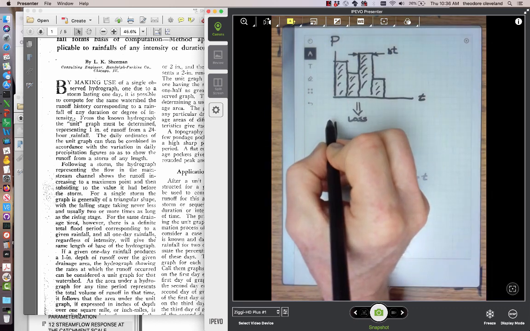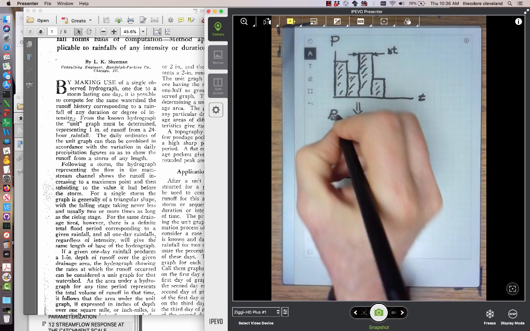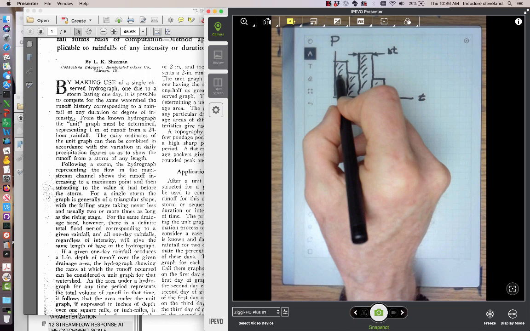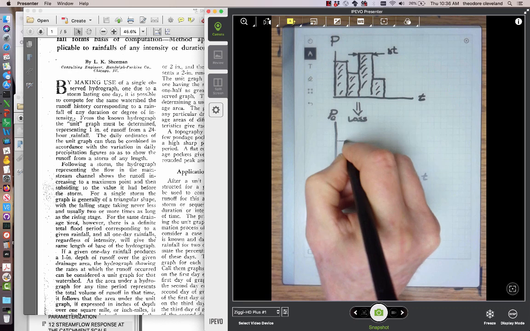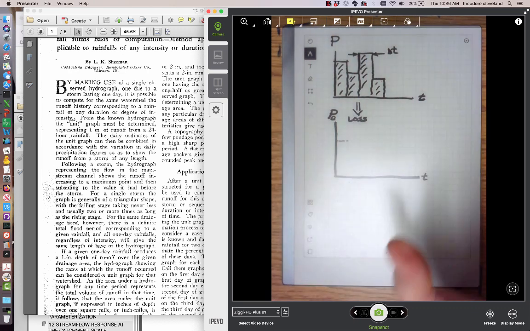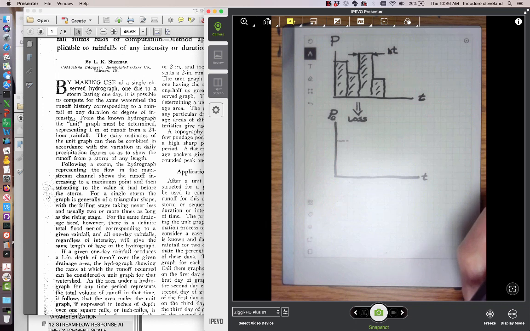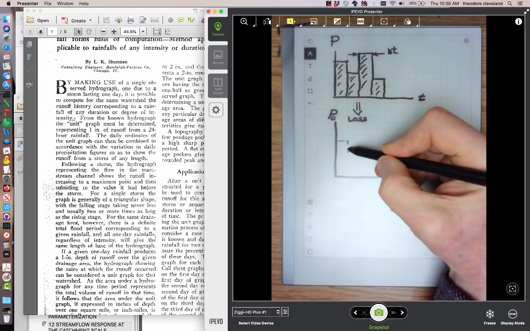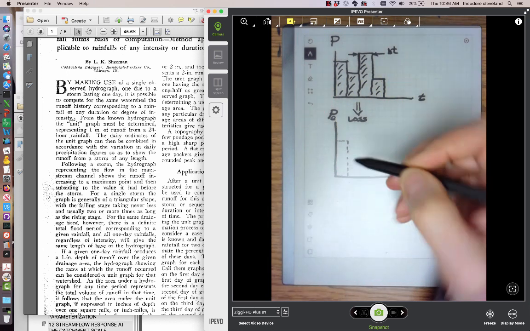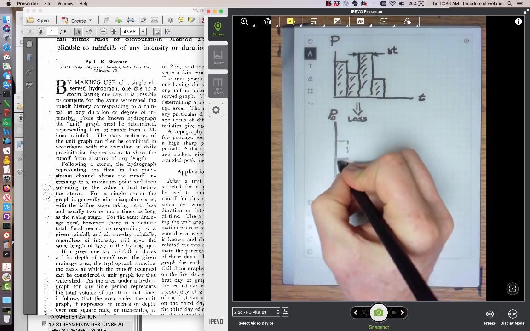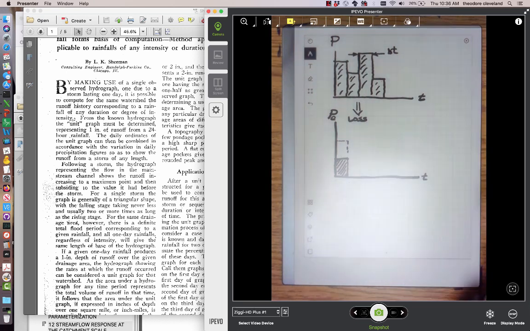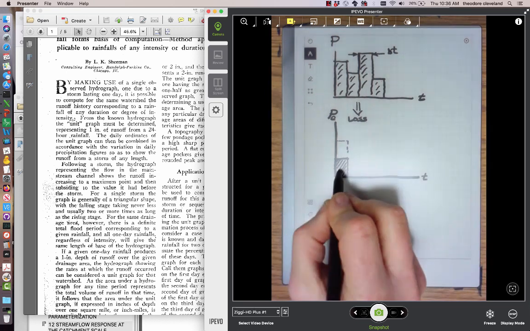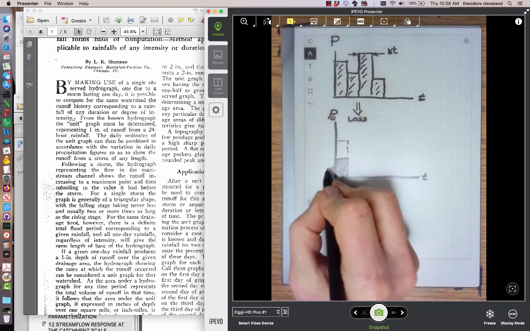Excess precipitation. Guess I'll call it P sub E. So if we look at that first one, 1, 2, 3, 4, 5, 6. 1, 2, 3, 4. So our first one was roughly that high. Let's suppose, for the sake of this discussion, that only half of the rain that comes in appears as runoff. The other half is lost by whatever mechanism. Evapotranspiration, infiltration, somebody wasn't paying attention to where it was. It's just lost. So this block is the excess